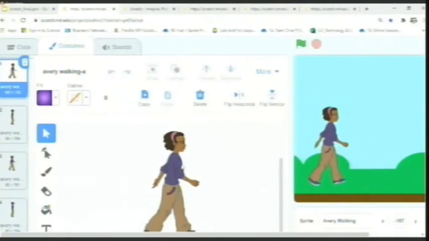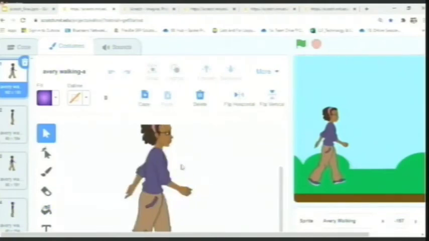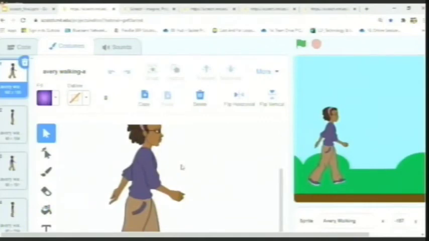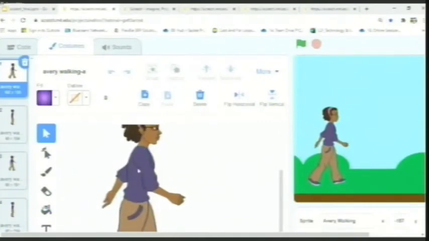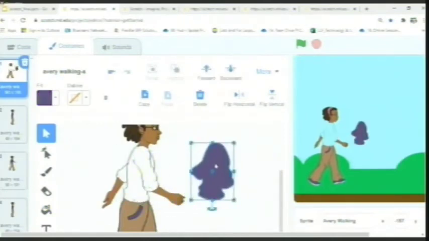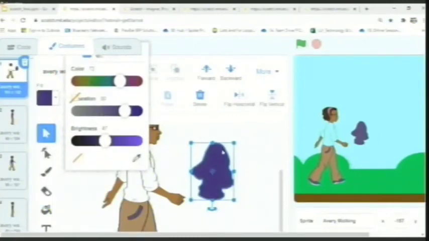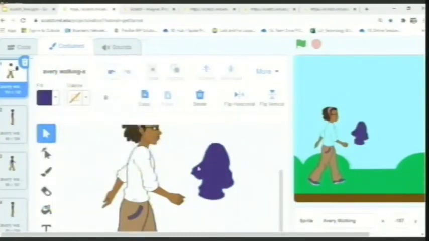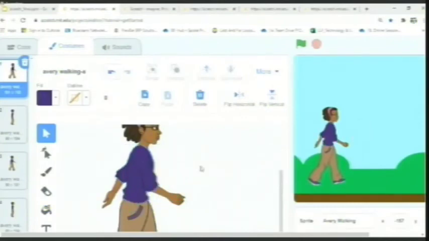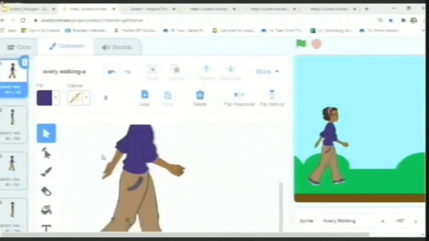Now, what I want you to do is zoom in on the image. There is another trick for the animation. Let's zoom in on the image, and if you can see this, there is an important aspect to zooming in. You can change every single aspect of this image. For example, I do not like the color of this t-shirt. So I just click and drag and drop. Now the t-shirt has been removed, and you can change the color. See, I can fill the color with some blue or something. And then I can drop it back onto her. Now, there she goes.